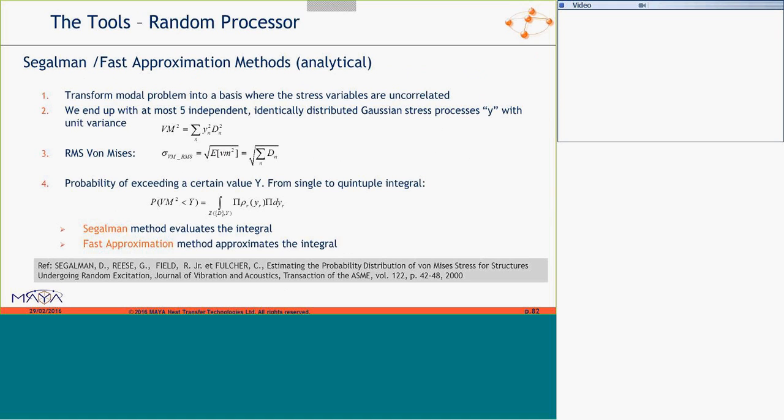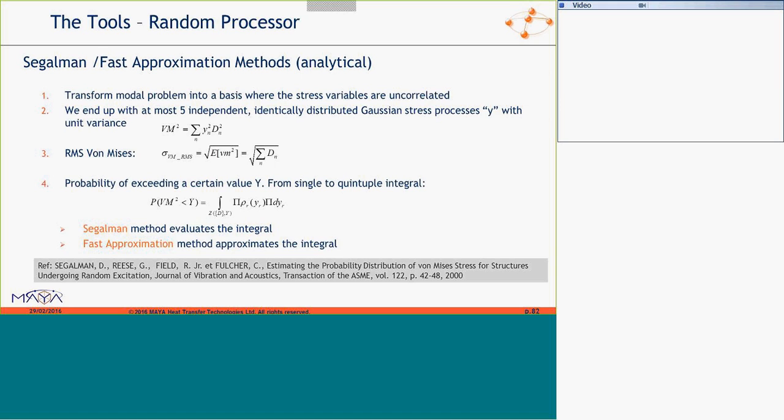And we're handling that accurately. Use Monte Carlo simulation like we did for von Mises stress to establish the distribution, and then we know that our approximation is accurate. This is what we do for von Mises stresses. The main reference is the Segelman paper. This is in there. You probably have a copy of it.